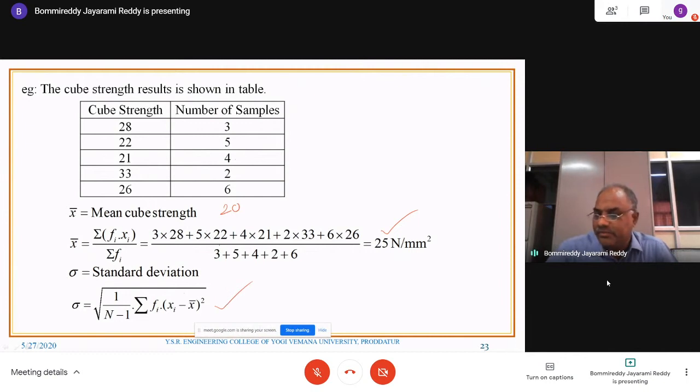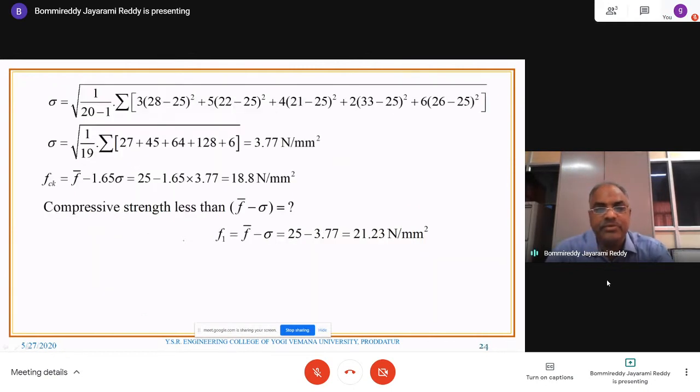So these are the formulas not to remember now. These are the formulas already there in your mind. Only appropriate substitution and appropriate retrieval of the information is more important. So in that, substitute 3 samples: first one is 28 minus average, 5 samples 22 minus 25, 4 samples 21 minus that. Like that you calculate, and finally the standard deviation is equal